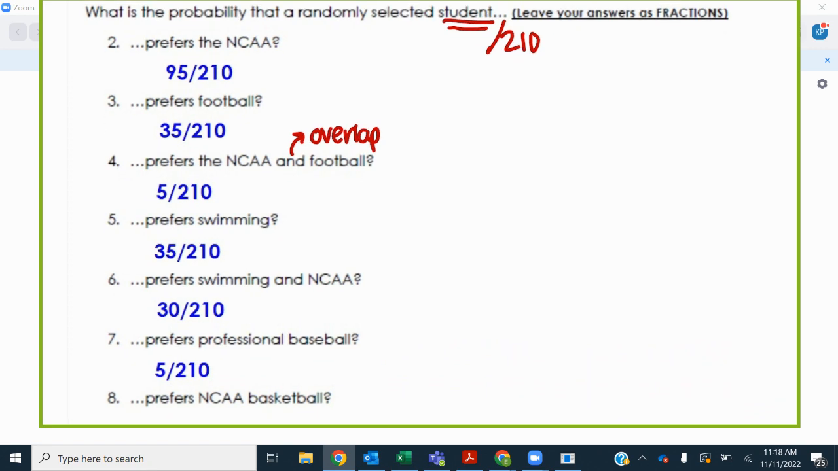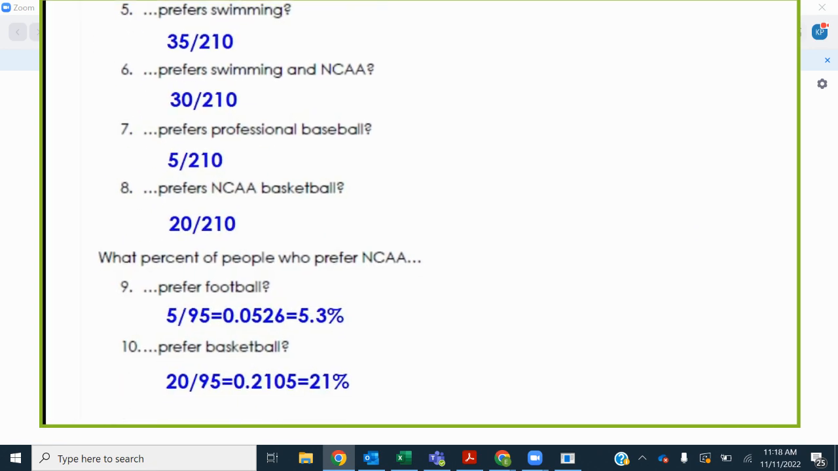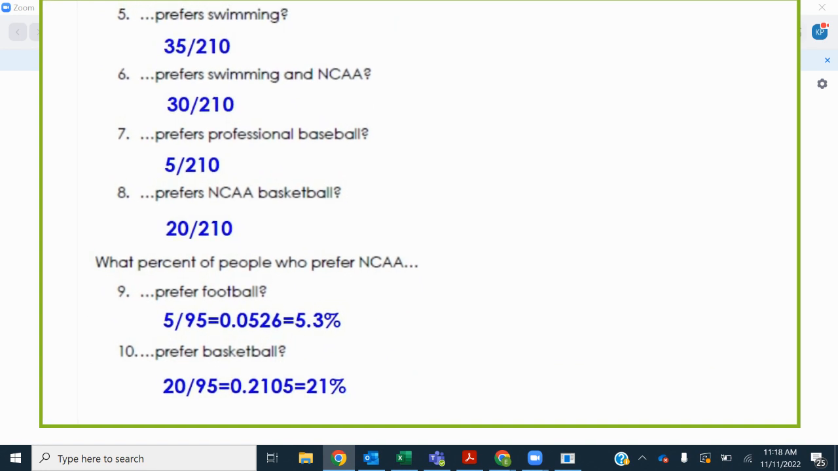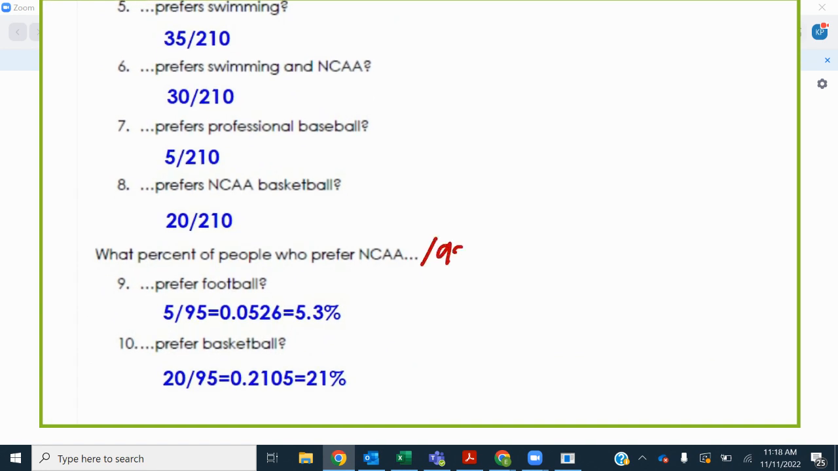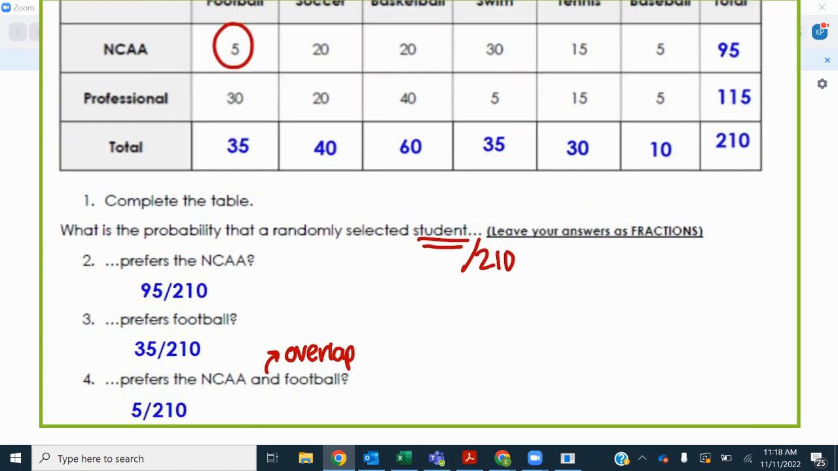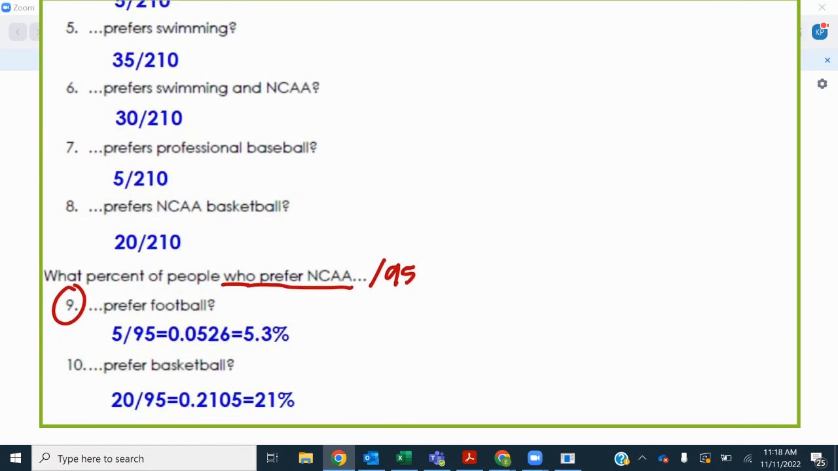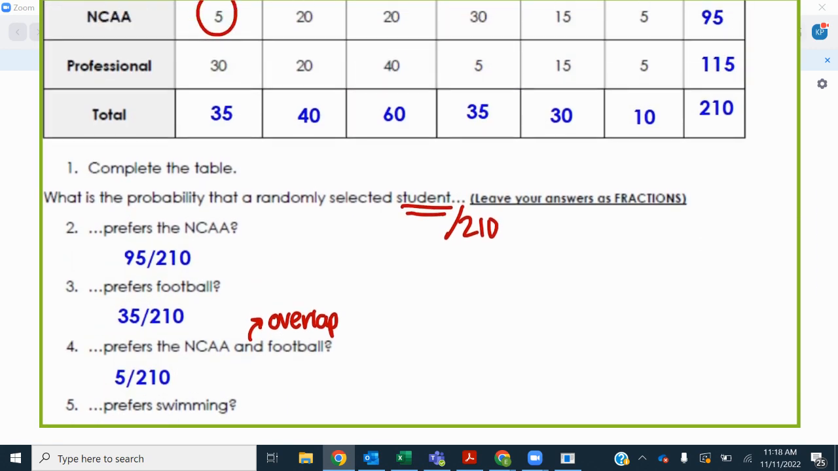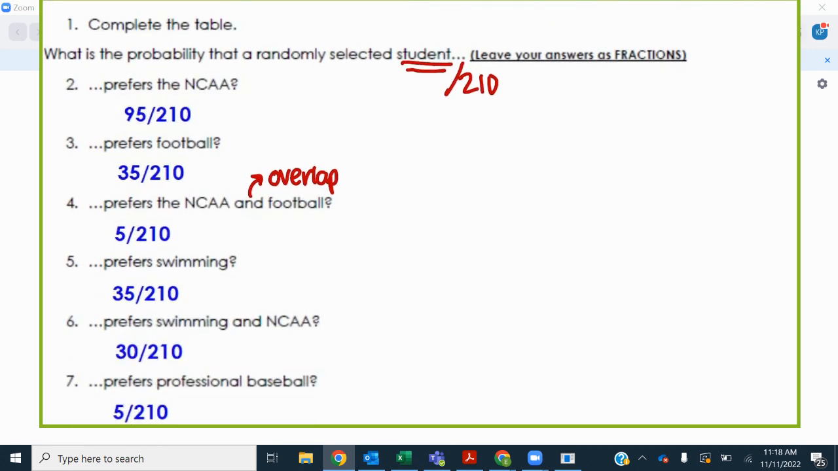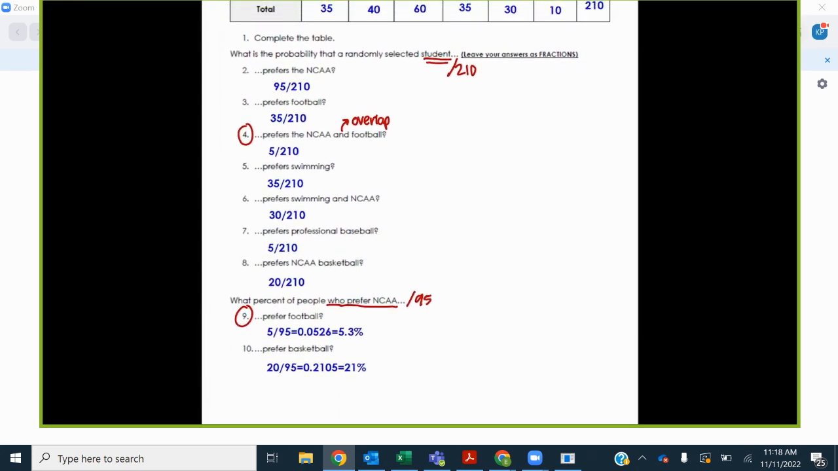By the way, that's why all 2 through 8 are all over 210. And then for number 9 and 10, it says who prefer NCAA, so that's why we're dividing by 95. So number 9 is 5, so NCAA, we want to see where NCAA and football overlap. But this time we want to divide it by 95. So 5 over 95. So those were those 2 answers we wanted to talk about, and then we will